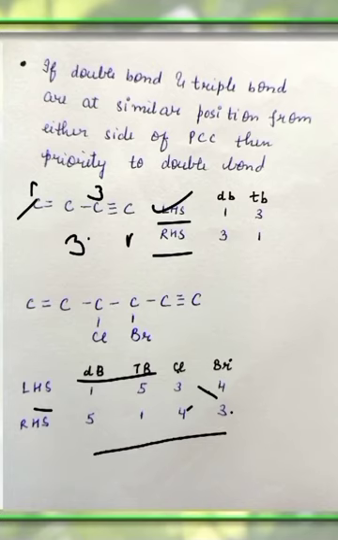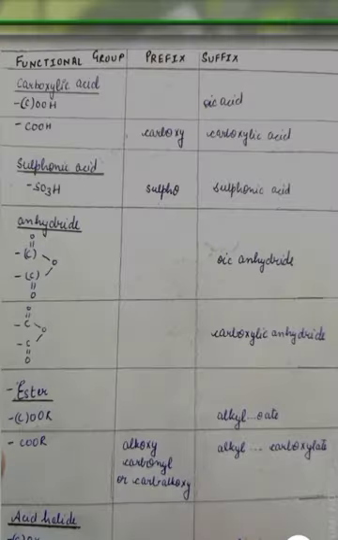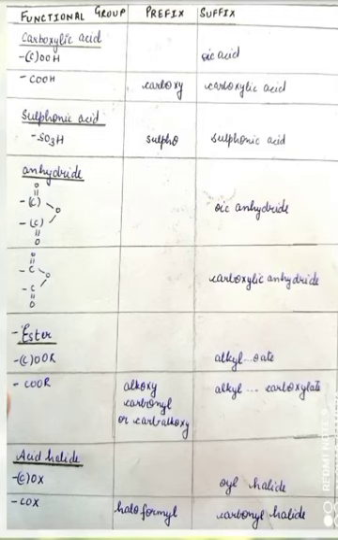Also there is some rule if the sum is same. So if we number it from left hand side, then double bond gets first position while triple bond gets fifth position. While if we look at right hand side, the double bond gets fifth position and triple bond gets first position. So numbering from left hand side will be preferred. I hope this much was clear.